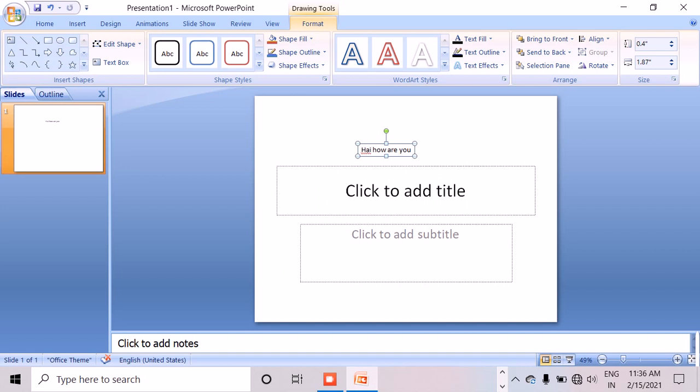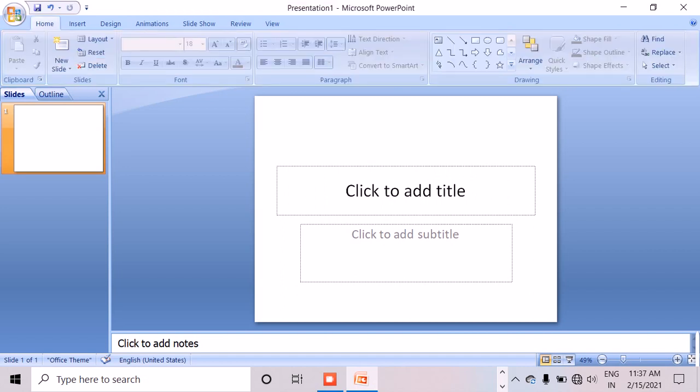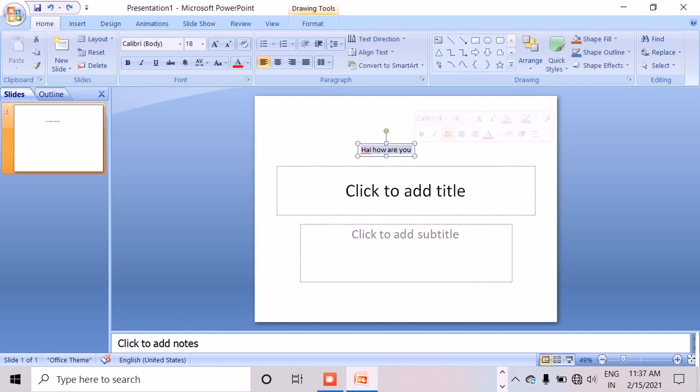And next we have deleting or replacing text from a slide. To delete a text from a slide, select the text and press delete. That's all. I am selecting it and pressing the delete key on the keyboard. See, the text has been deleted. Or else replace the text with the new selection. So, I am selecting it, and after that I type PowerPoint presentation. So, I can replace the old text with the new one.